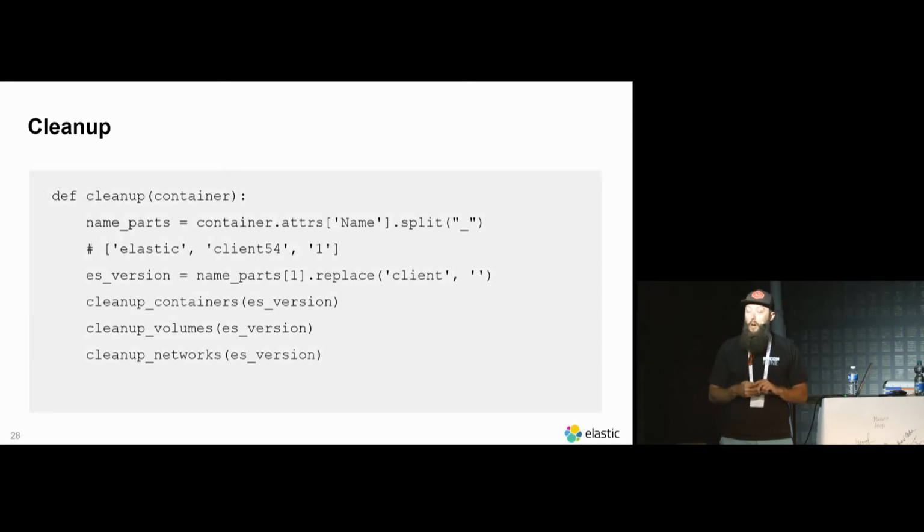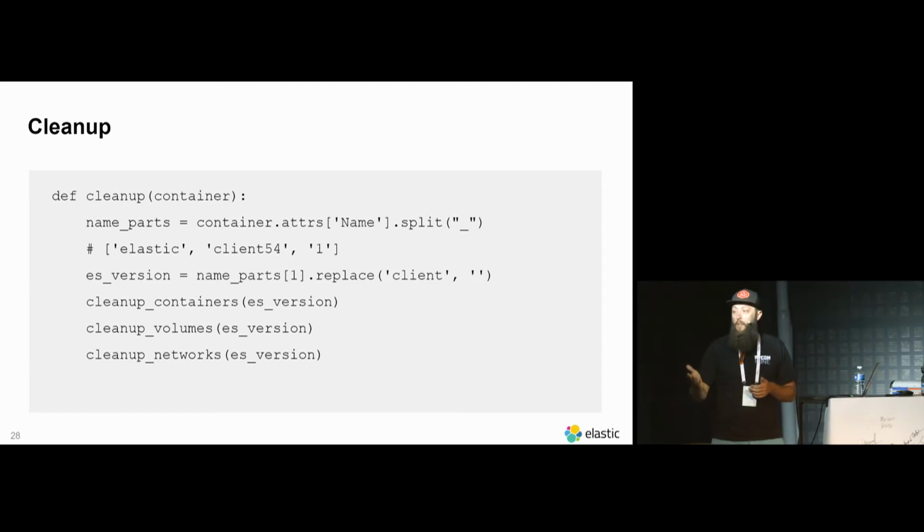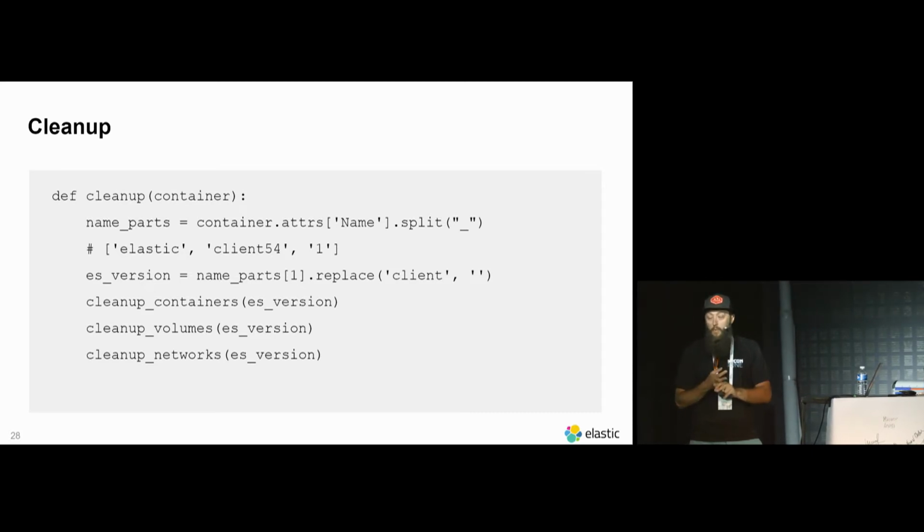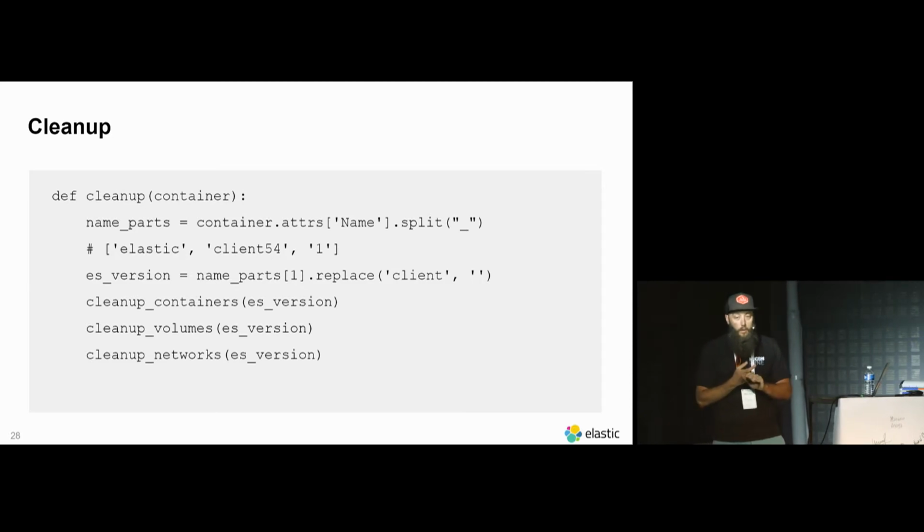That's pretty easy. In the example of the compose file that I demonstrated, we know that our containers are going to be named elastic_client54_1. So we can split on the underscore, navigate down to just the 54 in the client, and then pass that version number into a cleanup for containers, a cleanup for volumes, and a cleanup for networks. Using Docker Compose,